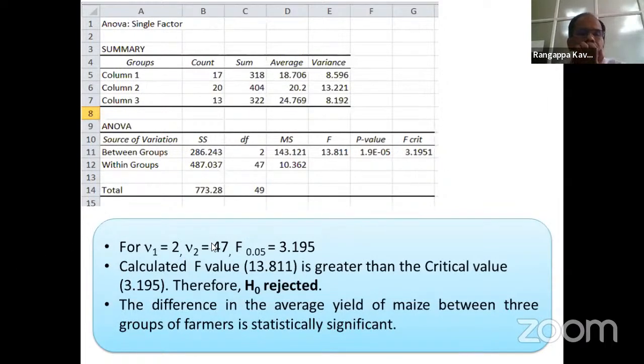For these degrees of freedom, the table value is 3.195. The calculated F value is greater than the critical value. Therefore, H0 is rejected, and hence the difference in the average yield of maize